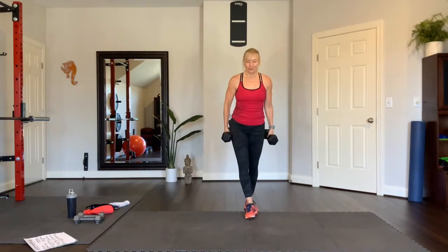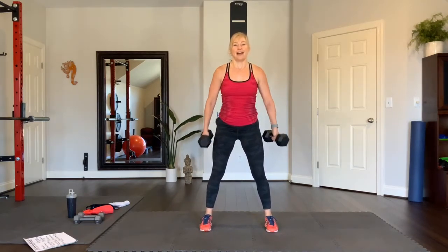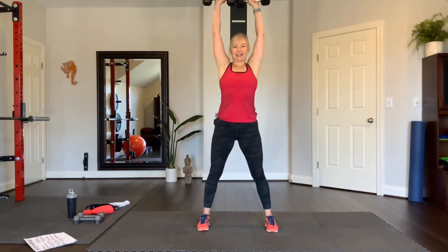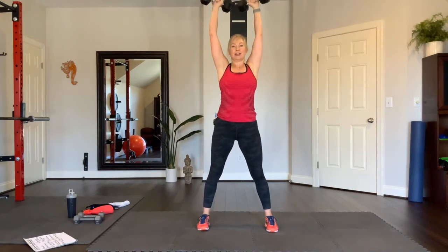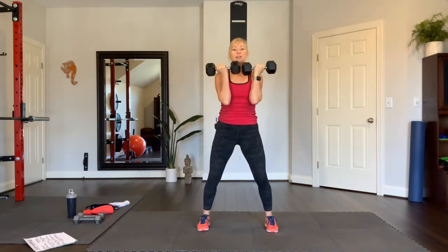Okay, Arnold press. Are you feeling this? You should be feeling this. Shoulders back. If you're not, you need to take a call with me. Press. Let's talk about it. Maybe you need to increase the weight you're lifting. If you're newer to this, that can be confusing. You don't want to go too heavy too quickly,